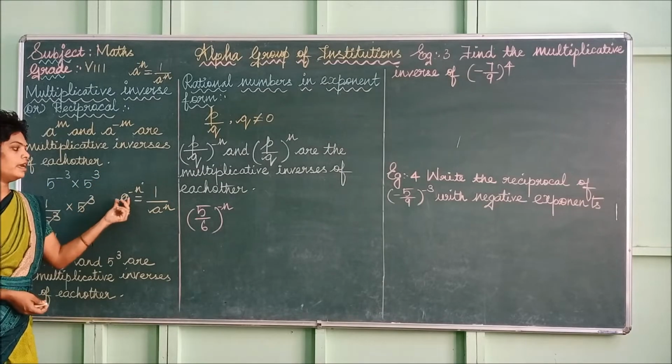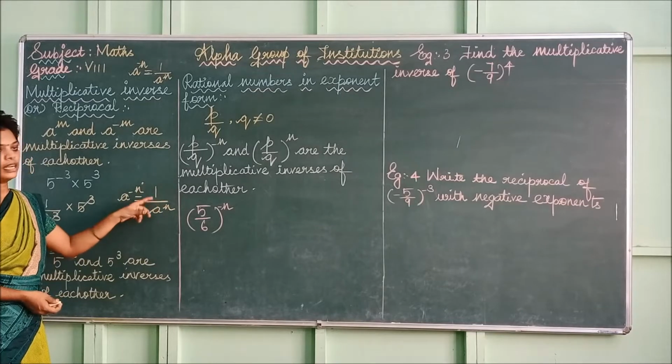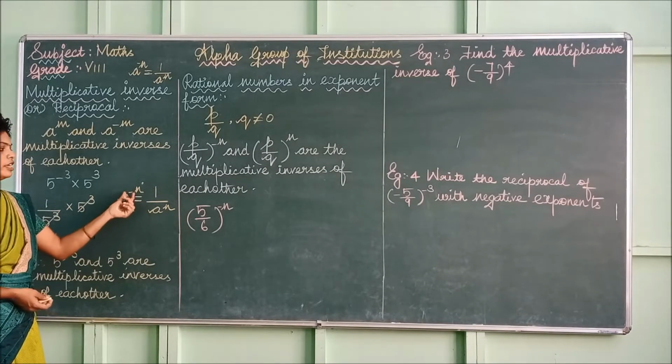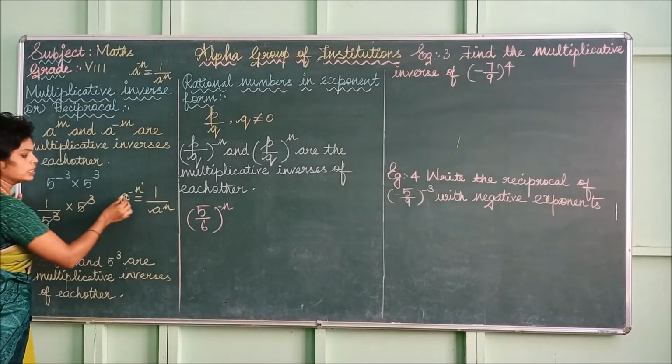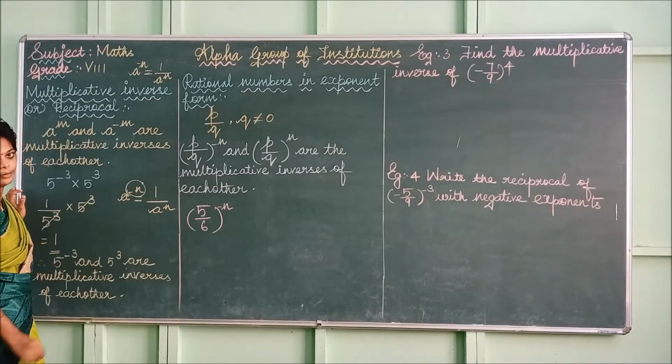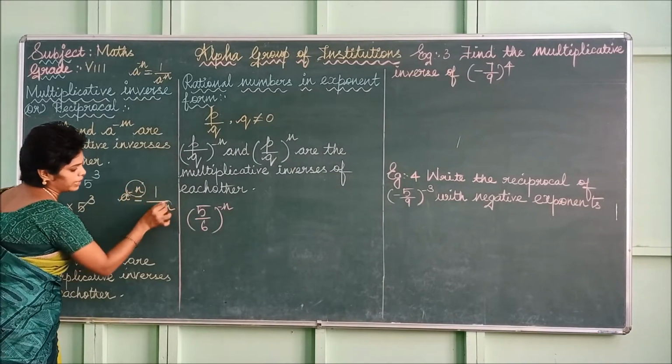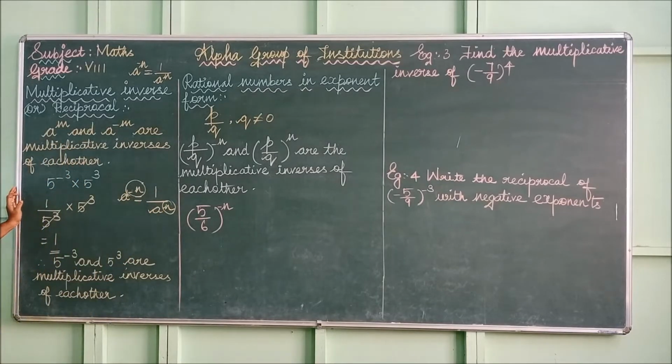So by the formula, a^(-n) can be rewritten as 1 divided by a^n. A negative exponent changes to a positive. So what is the exponent here? This minus n is called the exponent. This is negative. It becomes a positive exponent, a^n. So 5^(-3) changes to 1 divided by 5^3, into 5^3. So both 5^3 get cancelled. What is the remaining value? 1. If you multiply any two values and get the value 1, it means the two values are multiplicative inverses of each other, or else we can call them reciprocals.